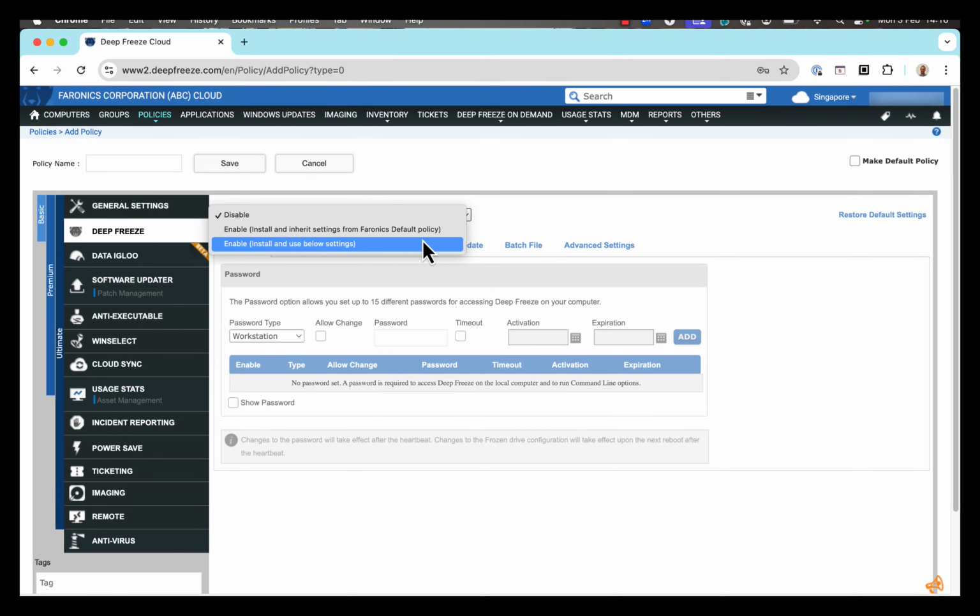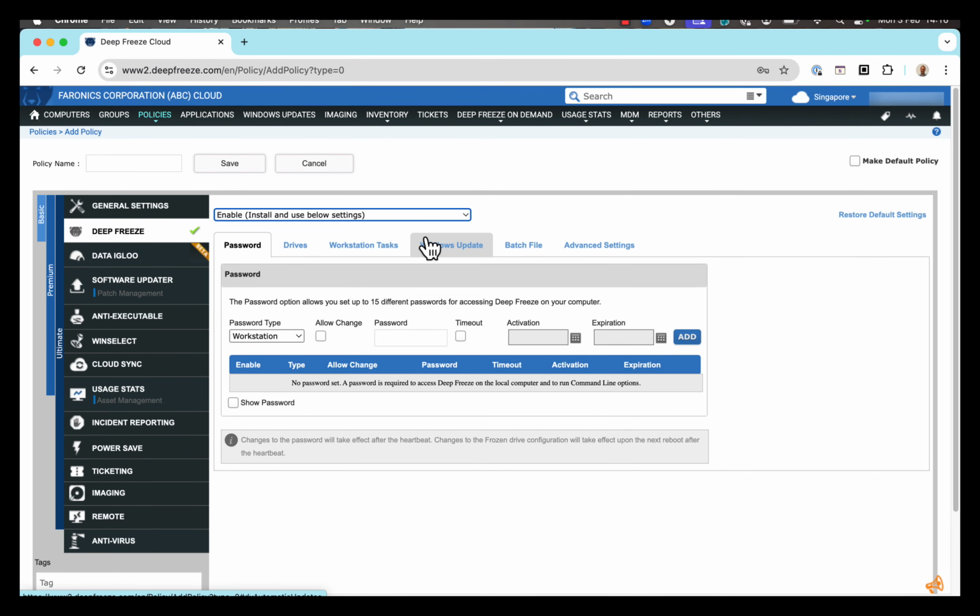So if I enable Deep Freeze in this policy, then anytime I restart a workstation running this policy, it will restart in its original state. So any local files introduced by the user or from anywhere will disappear on restart. So that's a very powerful layer of security, because anything bad that's happened, I recover from that immediately. Most help desk tickets are going to disappear, and my hardware is going to last longer because every session starts